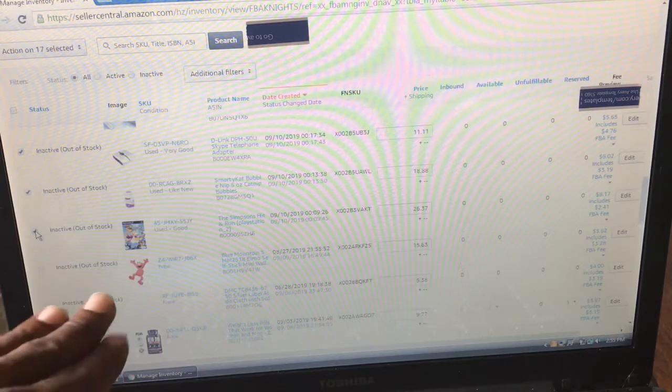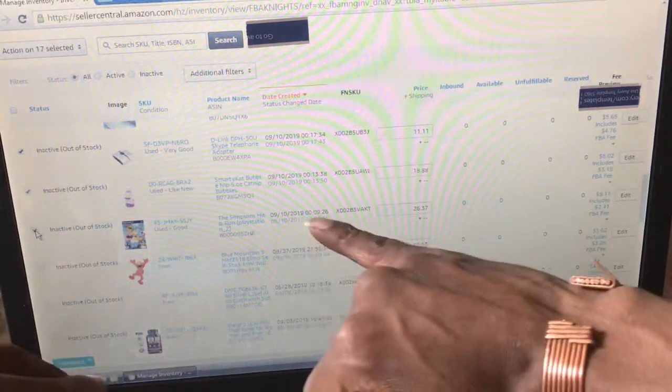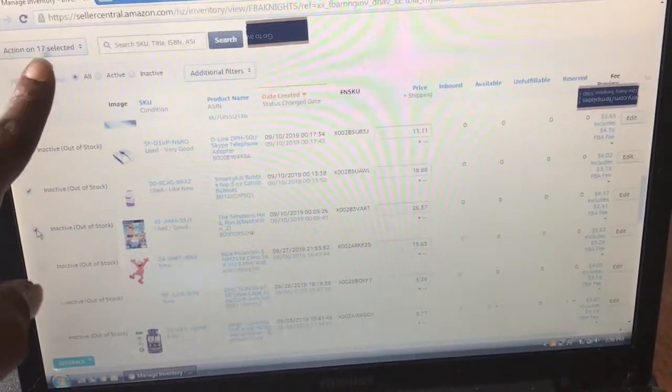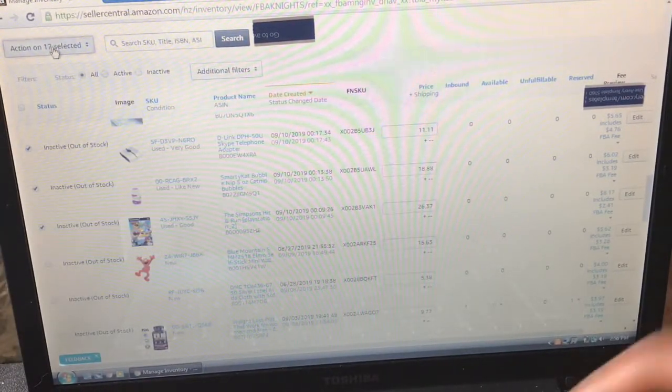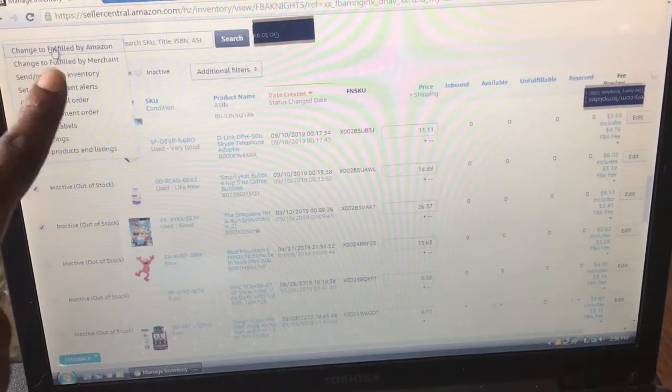All right, so those are all the products that are ready to get shipped. So 9, 10, those are all the products that are ready to get shipped. So once you click all of them, I have action on 17 products, as you can see. So for the action on those 17 products, I'm going to click this, and then you could change to fulfill by